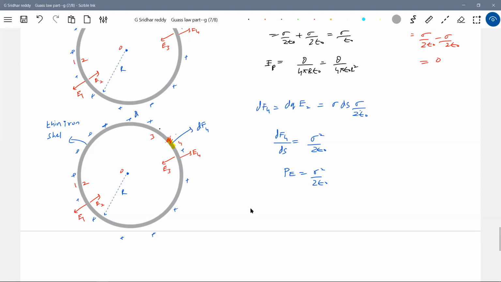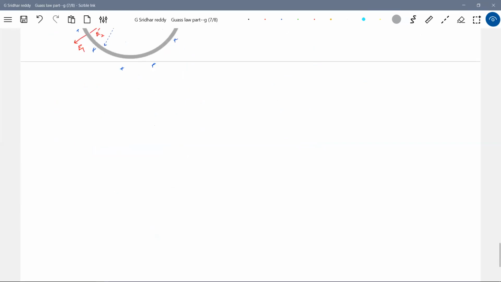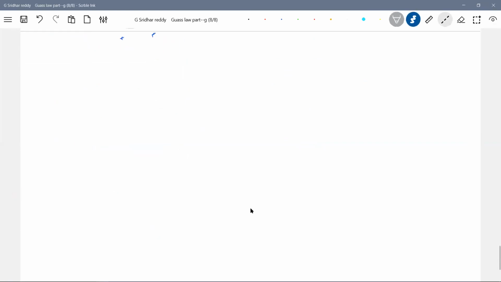Okay, now let me give one beautiful question. I want the force exerted by one half on the other half. But the idea is already there, no? So let me take the same